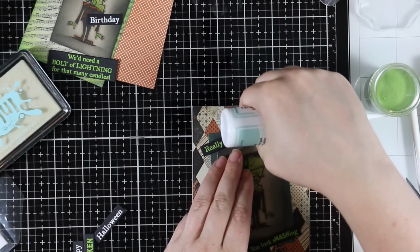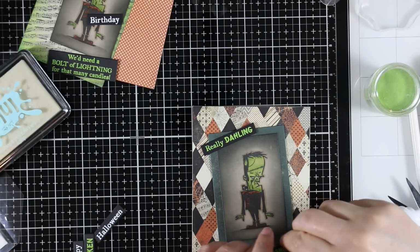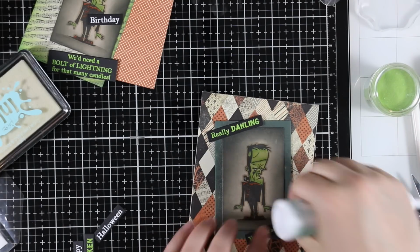But Halloween stuff, I like. That's another reason why I like making Halloween cards so much, is you can be a little messier with them. You can make more of a mess. Things can be a little bit more sloppy or, you know, imperfect, and it just works